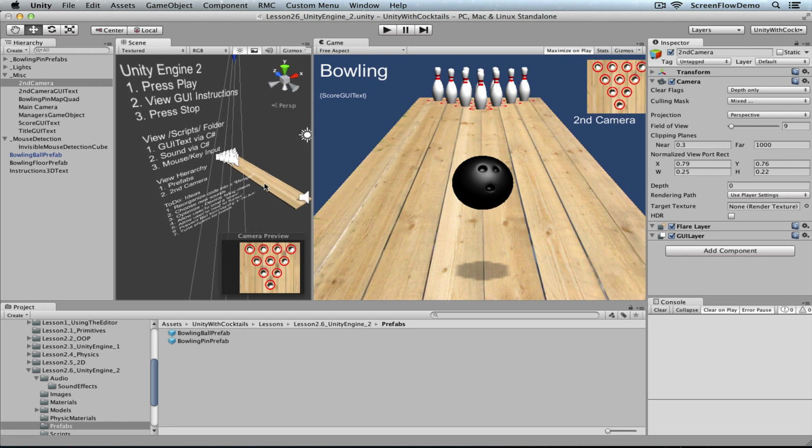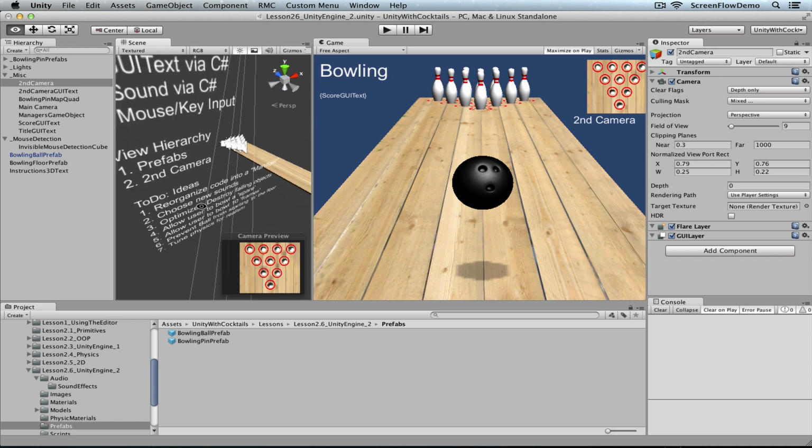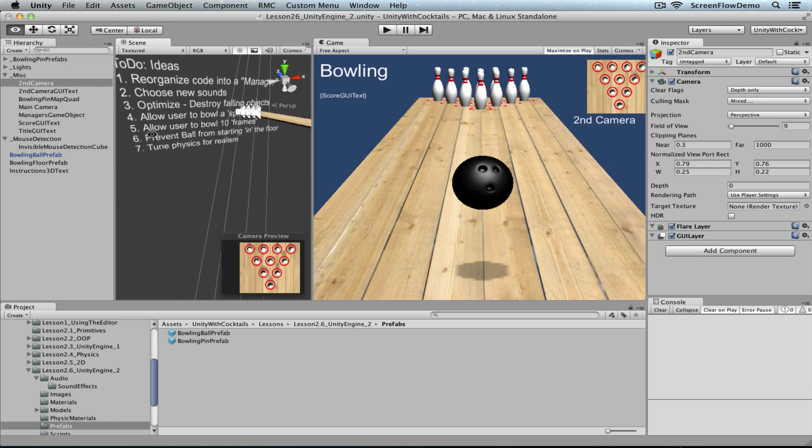We've got the GUI text, the sound, the mouse key input, prefab, second camera. These are all more advanced Unity engine, built-in specific things. So while this video series is concentrating a lot on C# here, we wanted to take a look at more of the Unity engine specific classes. As a last moment, let me just explain the to-do. So, if you want to jump in and get this source code,